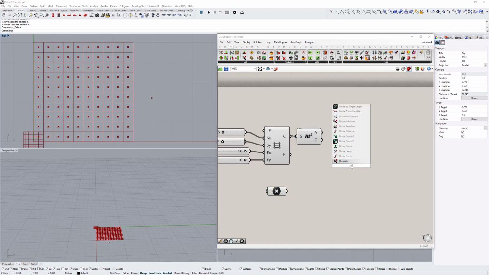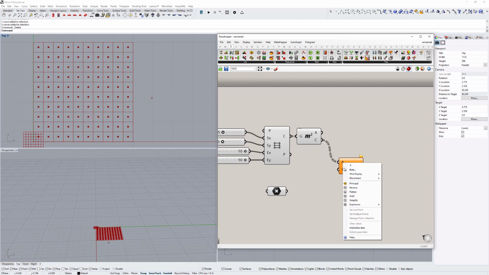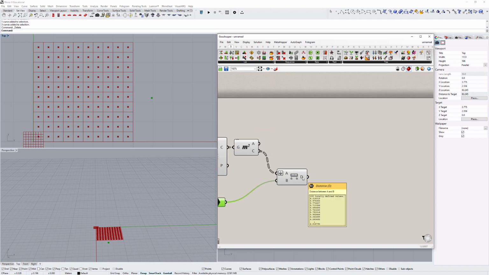Okay, so we have our points for the center points of our cells, and we have our floating point. Now let's double click and type in distance, and what we're going to do is take these center points, right click on A and flatten the data, and then put into B our second point. If you hover over the output, you see a series of numbers, which are the distances between point A and B. Now, double click and type in panel, and hit enter, and put the centroids